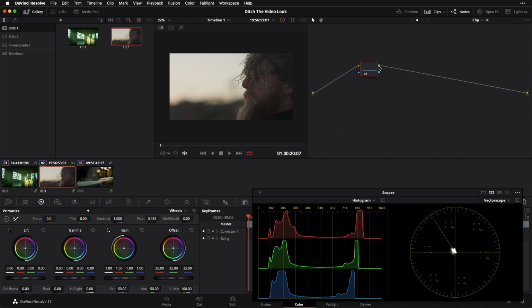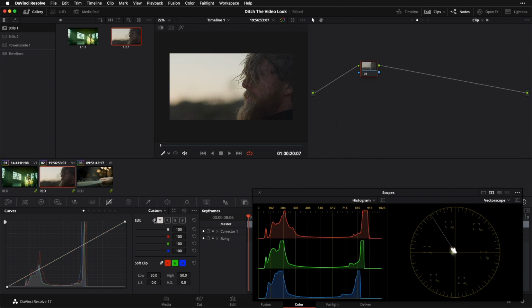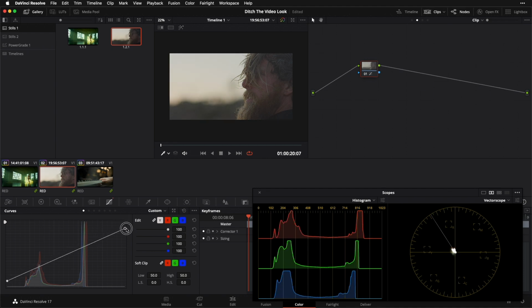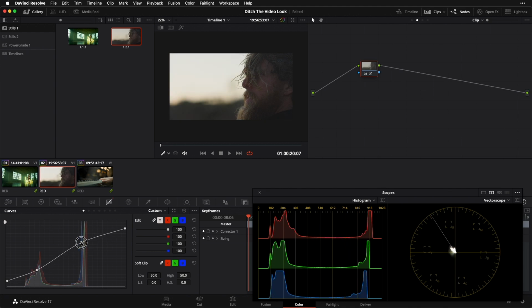And I'm once again going to try to go for a similar feeling using my curves. So let's start things off by picking up the bottom, which is quite literally a lift operation, and then dropping the top, which is a gain operation. So thus far, I'm just matching what I did over there in the primaries tab, but I'm now once again going to add a little toe and a little shoulder so that within this reduced range of black to highlights, I still have decent separation and tonal variance and things feel finished, and there's enough contrast here to catch my eye,